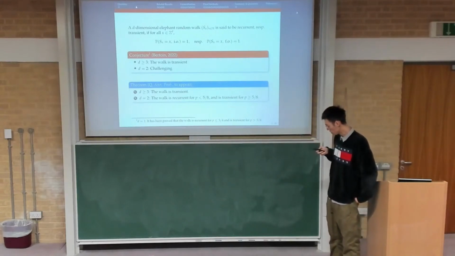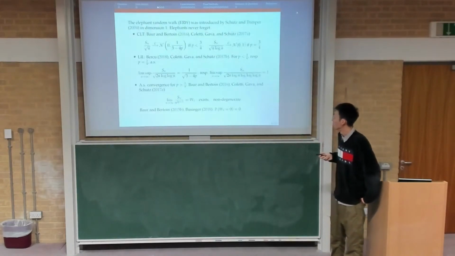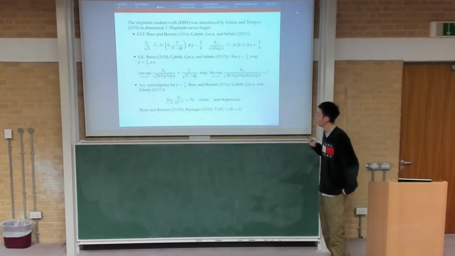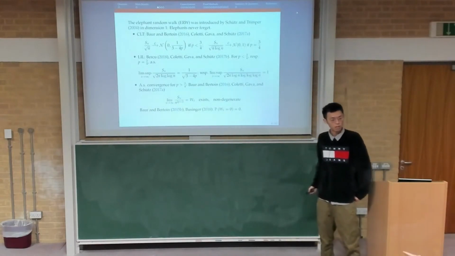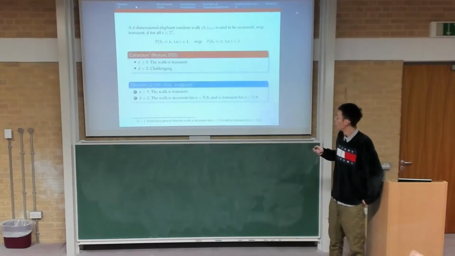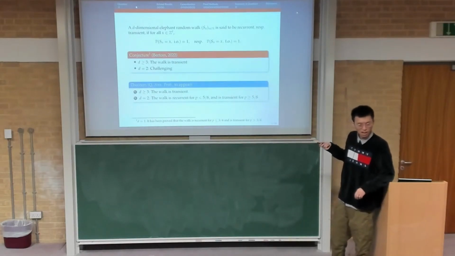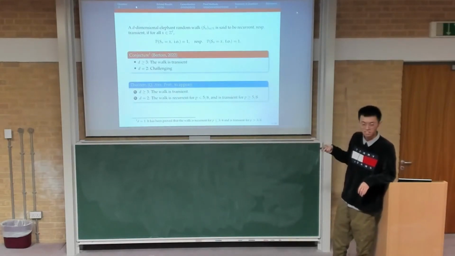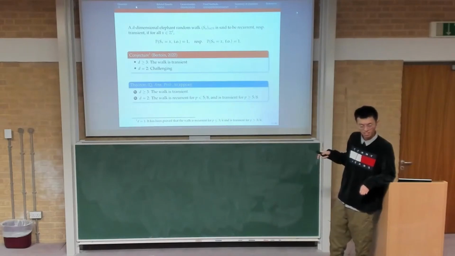So let me briefly talk about the history. For dimension one, it's always recurrent basically. That's one half, right? One half is the simple random walk in dimension one. When p equals one half it is a simple random walk. Yeah. For anything else, I guess you drift apart. So yeah, so you should have